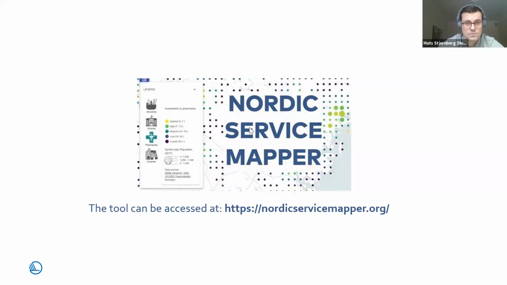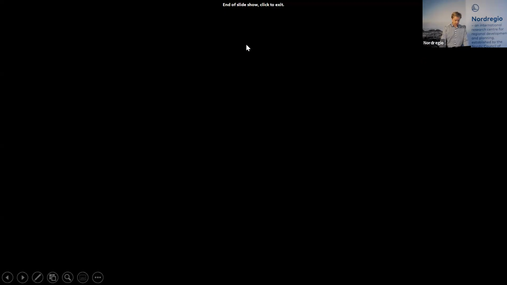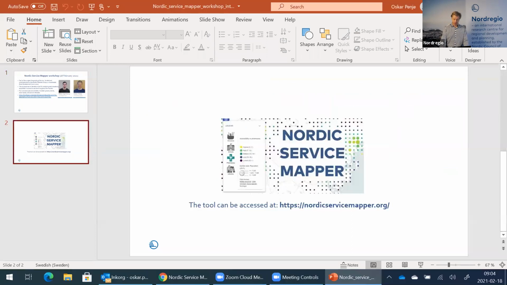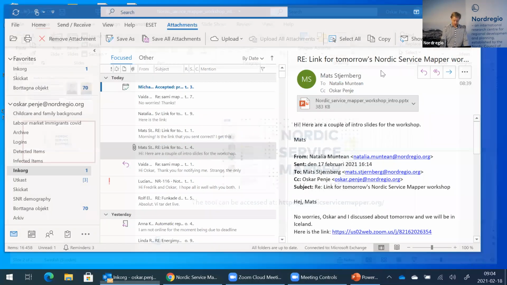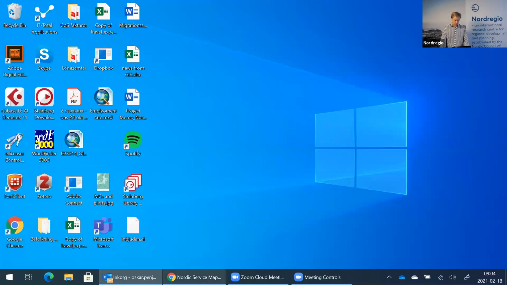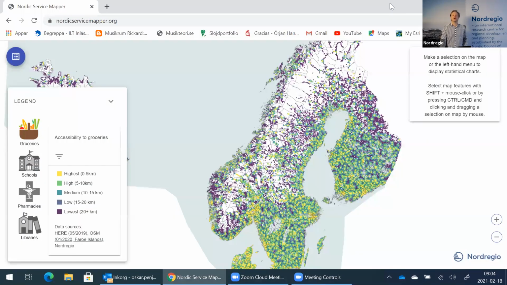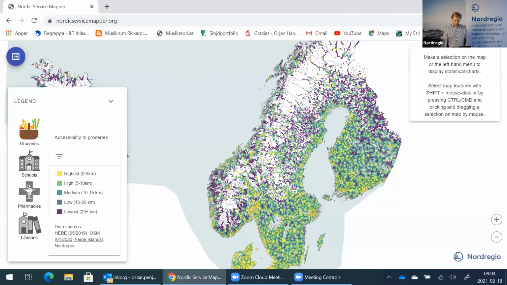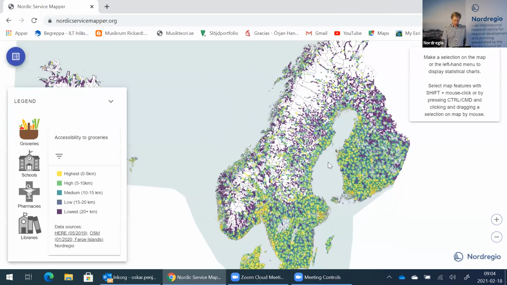Okay, so if you haven't already browsed into nordicservicemapper.org, you can do that. So we can also follow the steps that I will do on my screen here, and then I will close this presentation. I will also open up the platform. So this is what you will meet when you browse into the Nordic Service Mapper. You will see the mapping page,